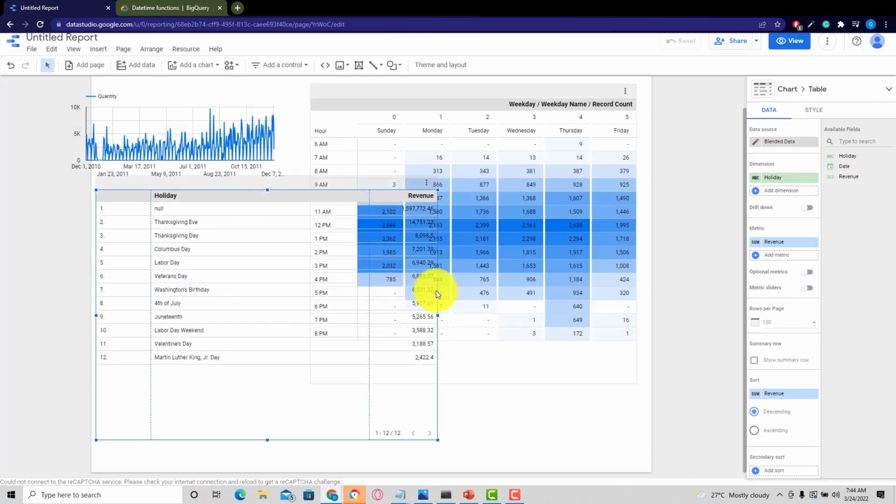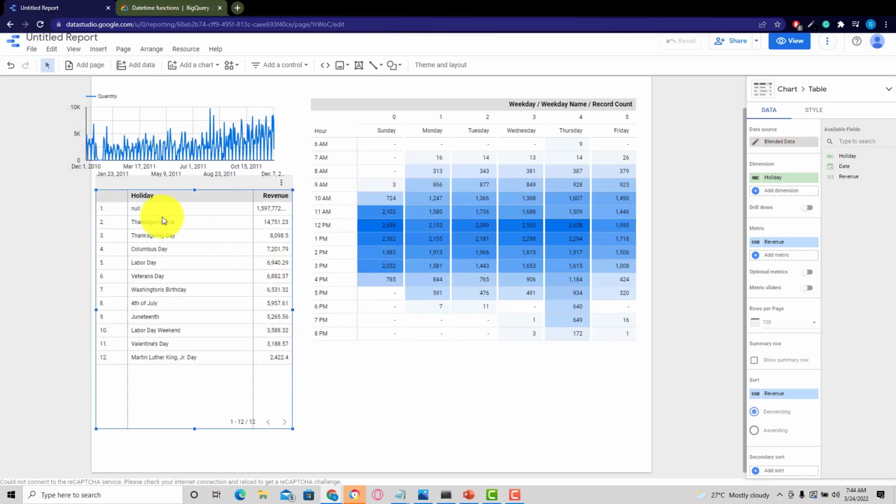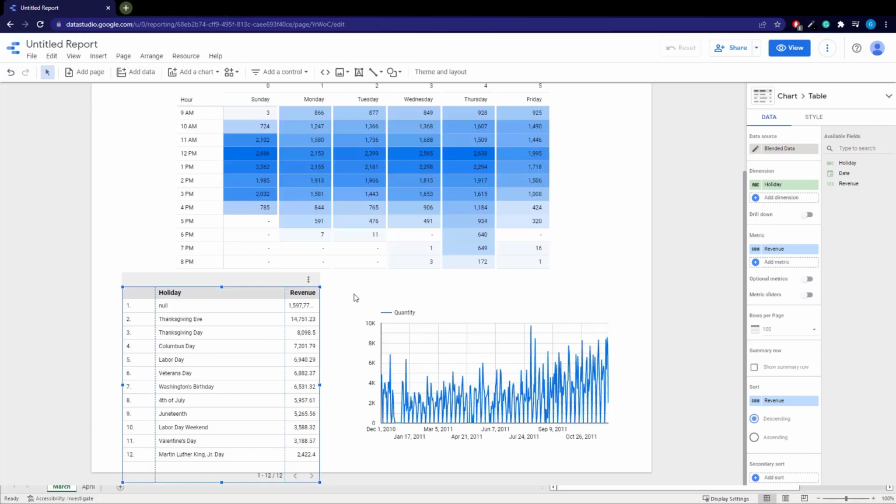And now you see what we have is a blended data set where we have our null values. We have our holidays here, and we have our revenue figures. The null values we're going to deal with in a moment. So now that we have our holiday data with the holidays and the revenue attached to it, we want to